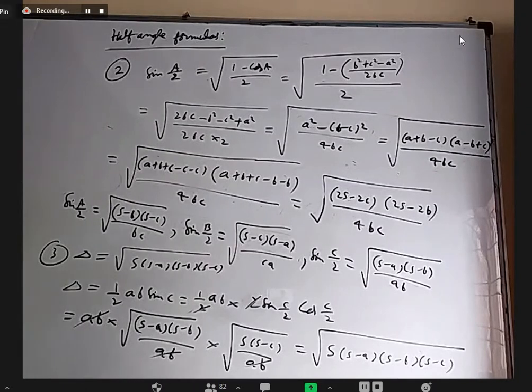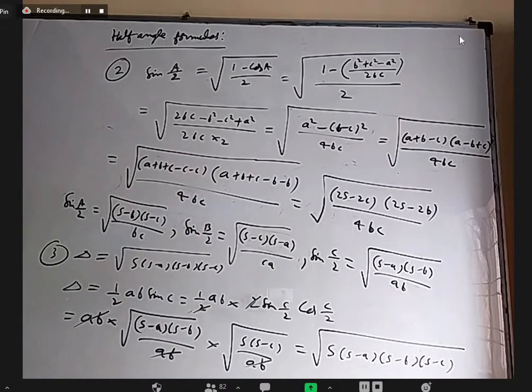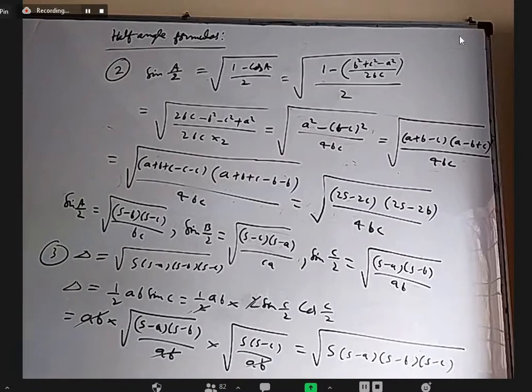So Heron's formula is very simple. You must have been using it earlier. But if somebody asks your teacher at that time what the proof is, you can only say you will learn it later. It's very difficult to tell all these things at that time, right? Without half-angle formulas, we cannot derive this. For telling half-angle formulas, you have to tell the cosine rule. And for telling the cosine rule, you should have some idea of the parallelogram law kind of thing.